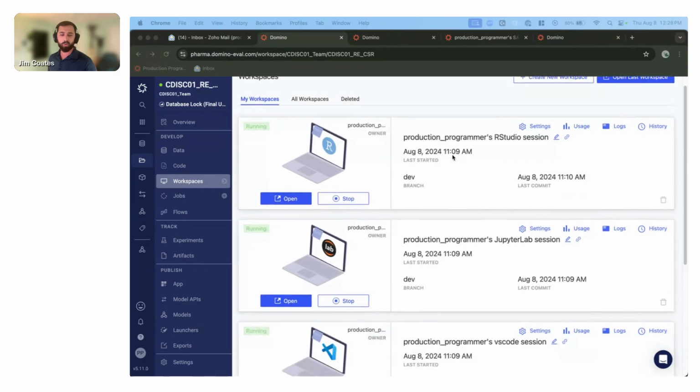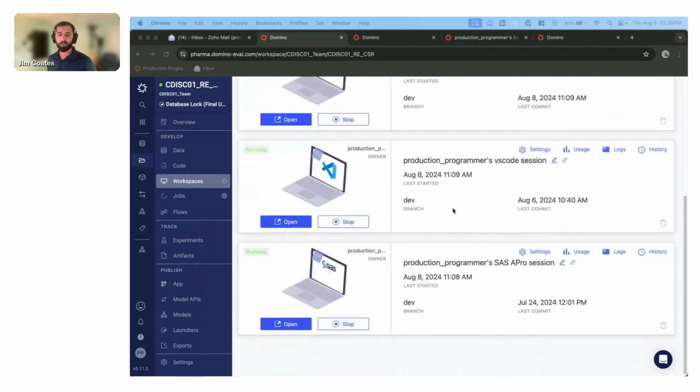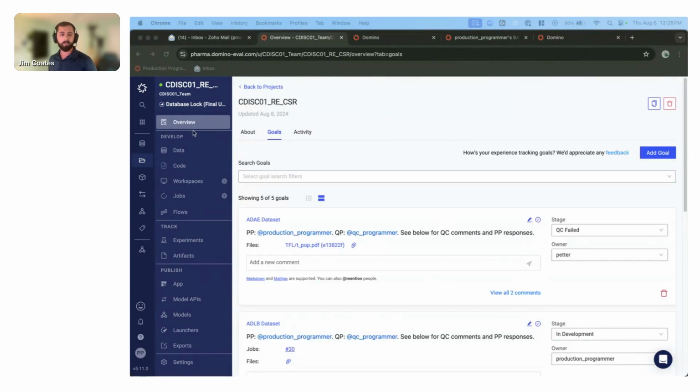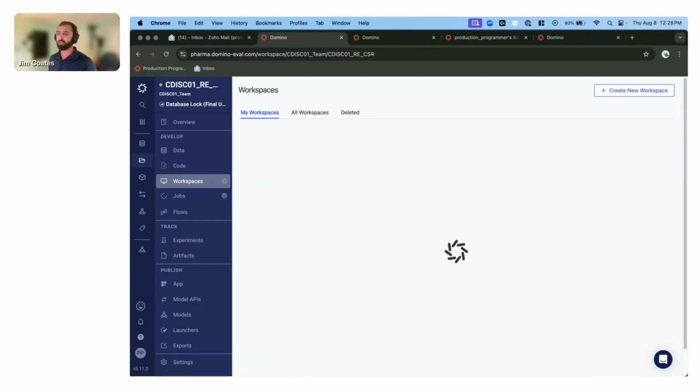Perfect. So what you're going to see is that I actually have multiple of these running at the same time, which is going to enable that multilingual support that I talked about. And I just clicked my back button. But what you can see here is that I had Jupyter Lab, RStudio, VS Code, SAS Studio all running side